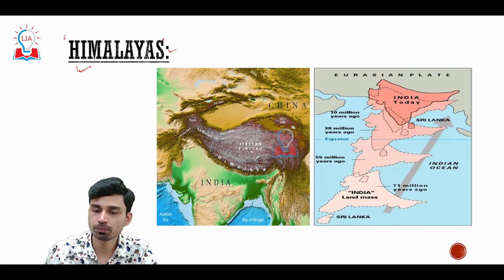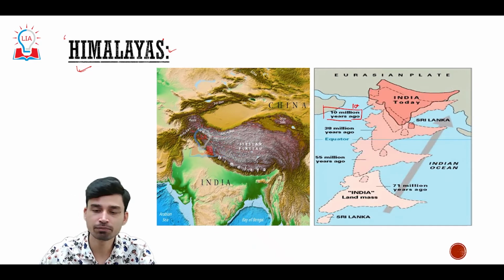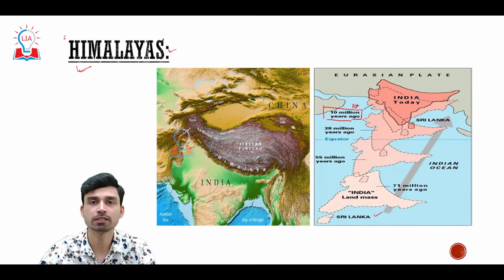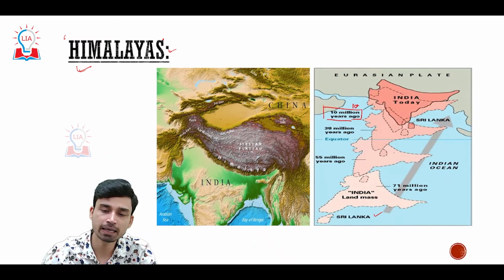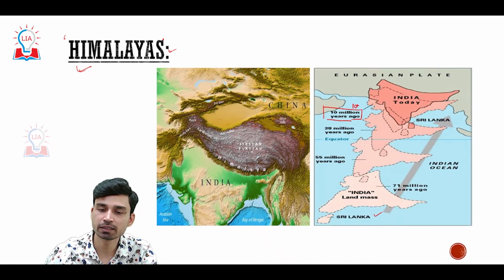The Himalayas' formation begins about 10 million years ago, when the Indian plate, coming from the south as clearly shown in this diagram, collided with the Eurasian plate located in the north. The Indian plate was earlier part of Gondwana land. About 180 million years ago, it split from Gondwana land and started its journey toward the north. We can see in this picture that it gradually drifted north and finally collided with